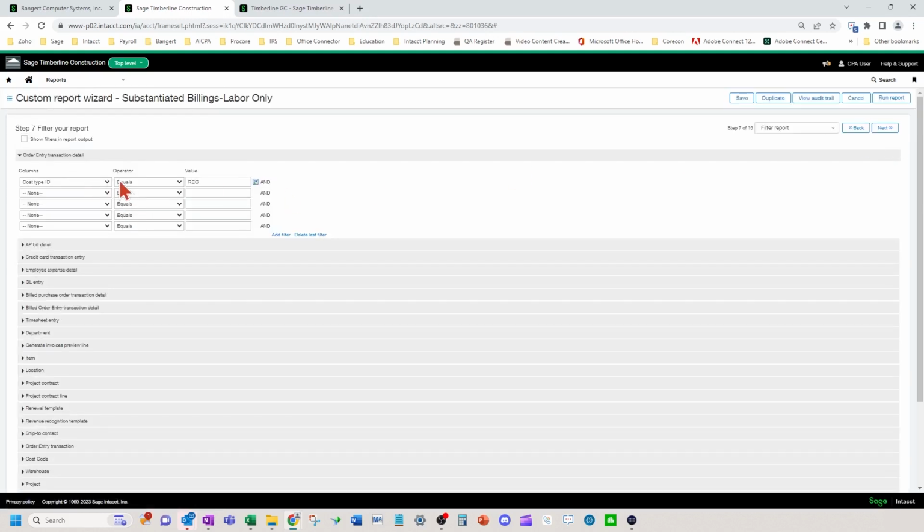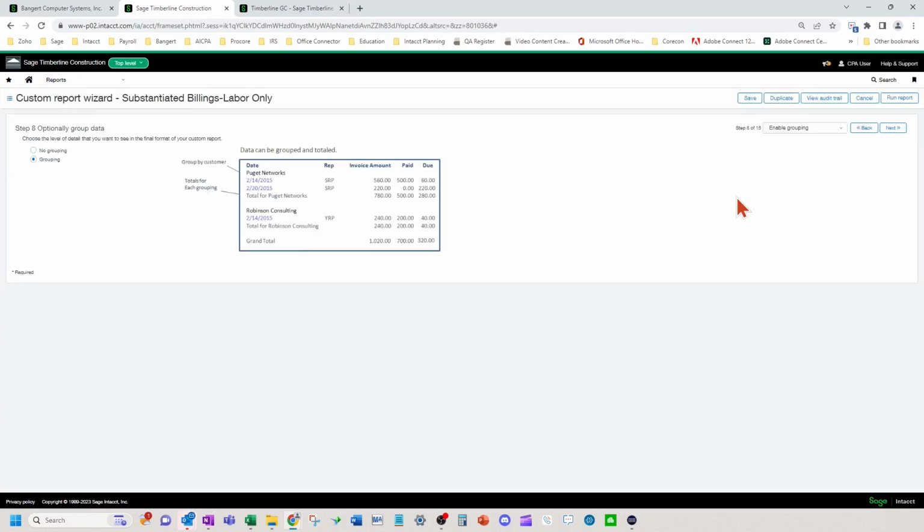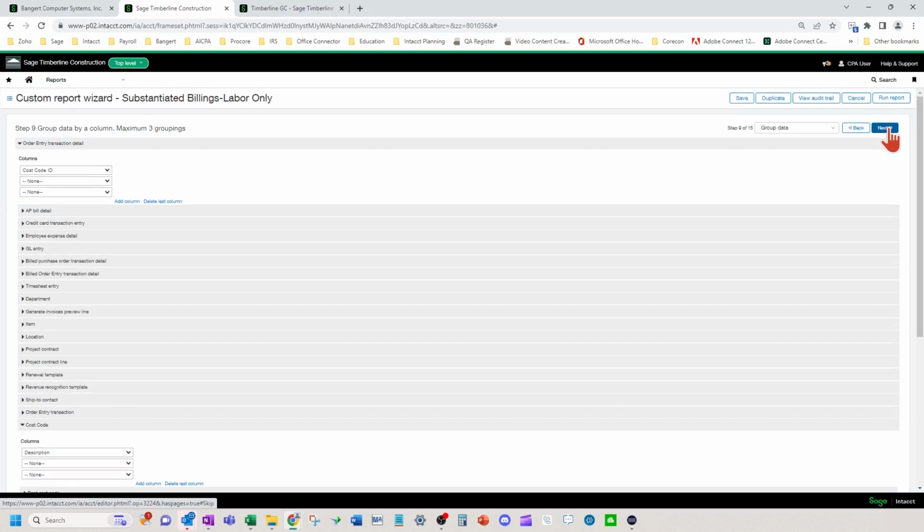I want just labor. So in this sample company, they use cost types of regular or burden. You might just use labor. So you could just put labor here. You can do multiple cost types if you do use labor burden, maybe overtime for some reason you use that. I want to group it by cost code ID.